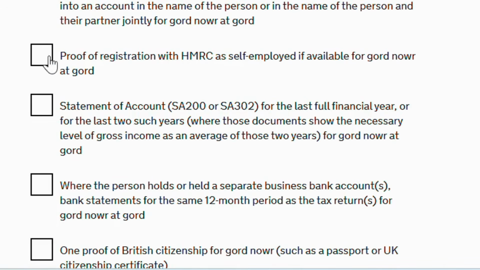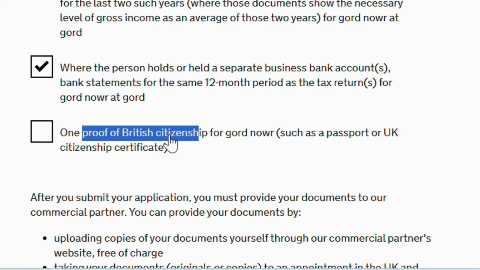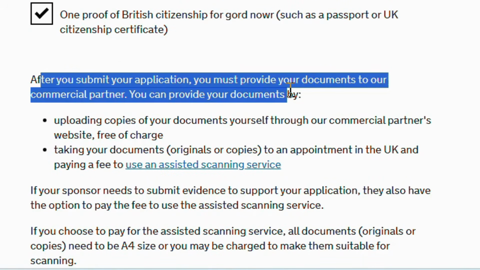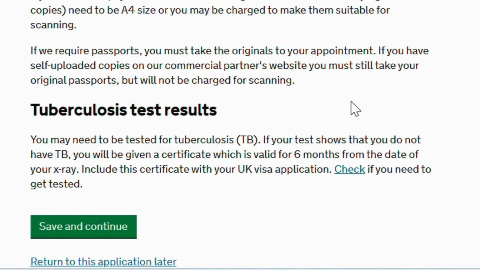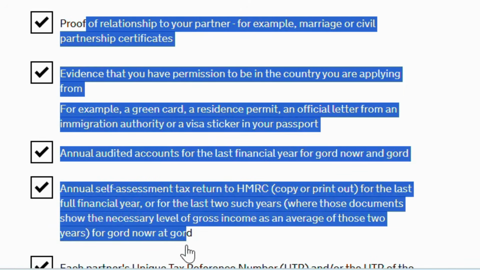Proof of registration is from my husband, and then the statement of account, which my husband provided, the SA302, proof that he owns a business, and the birth certificate of my husband. After you submit your application, you must provide your documents to our commercial partner, VFS Global. What we did here is my husband sent me his documents, and I gathered them all and arranged them according to whatever is written here.